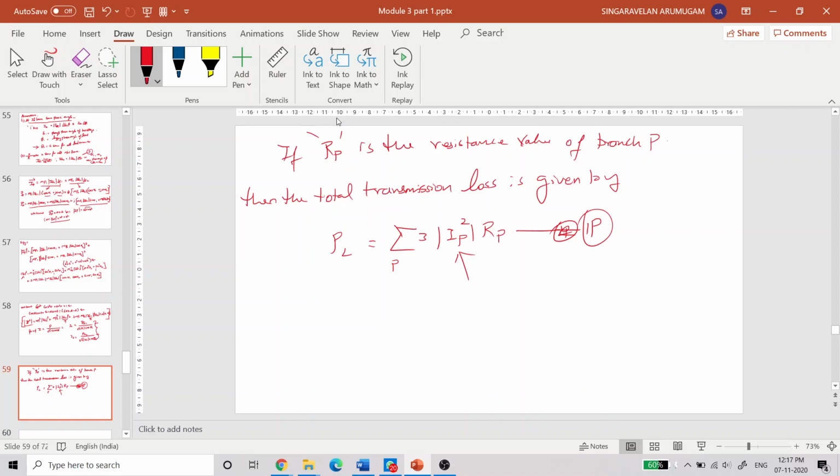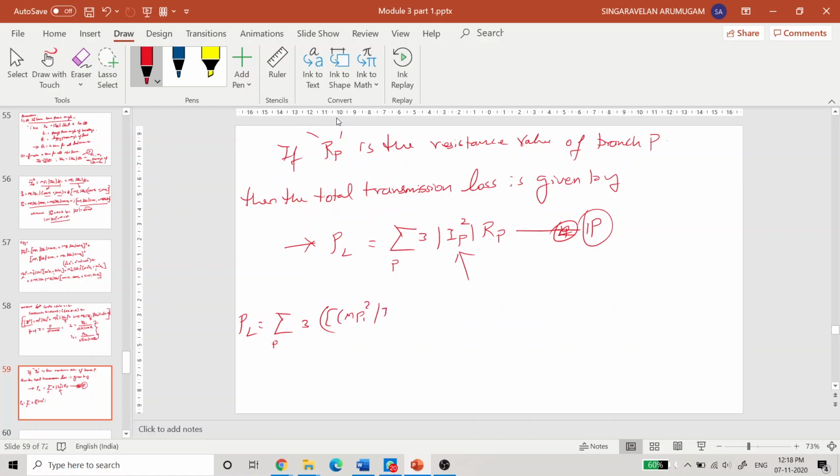So the final value of this PL, our aim is to find the formula for power loss only, right? So for power loss we need to find what the IP square value is. So we derived the IP square value, and wherever we are getting Ig1, Ig2, we need to substitute those values, and after getting this IP value we need to put it in the power transmission loss. So finally the power transmission loss is equal to the summation of 3, and then the rest of the value will be your IP square. So I will write that, that's nothing but